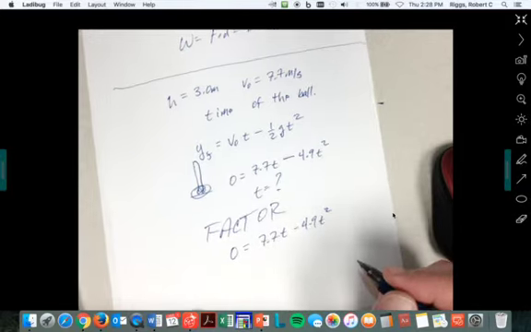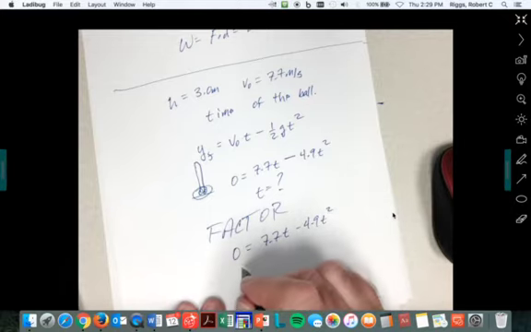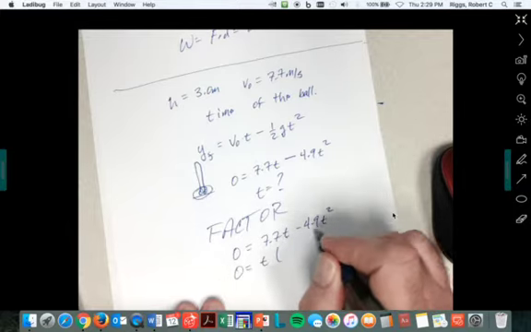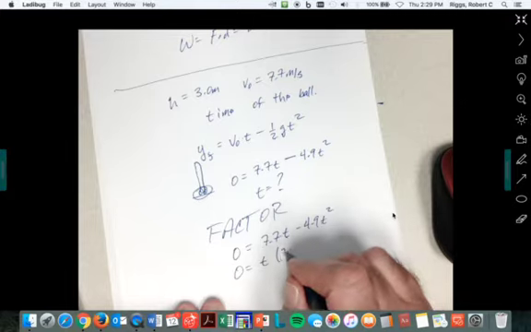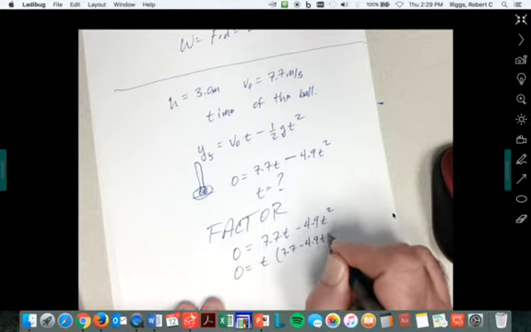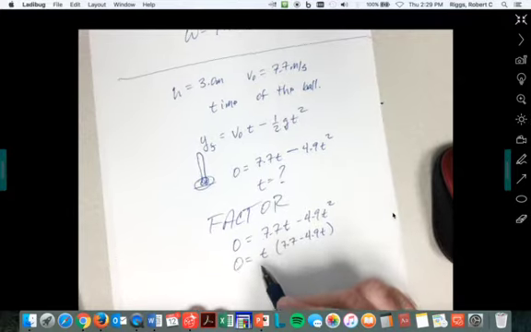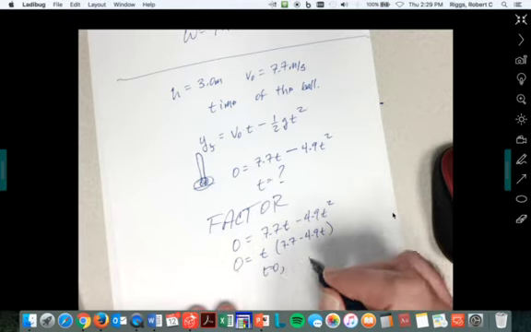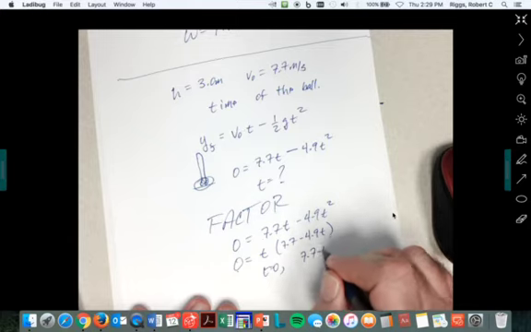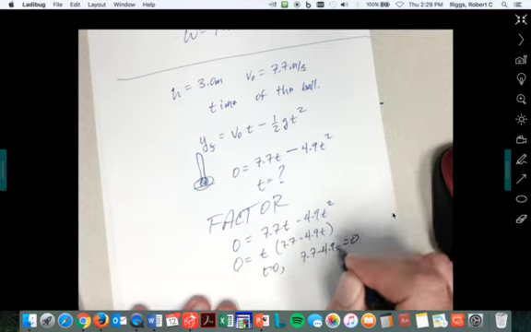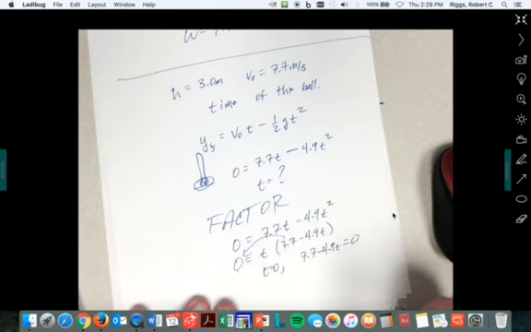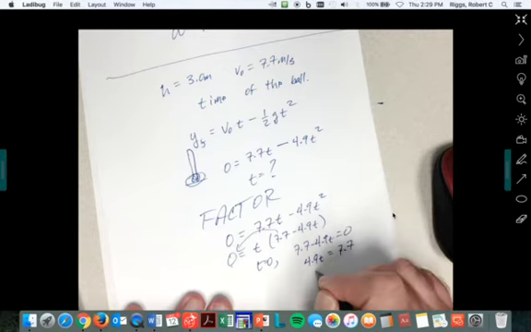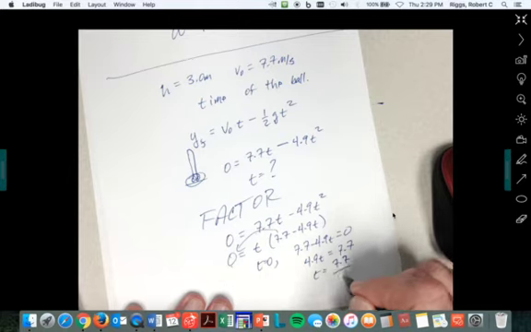Aha! We've got this. So let's factor a t out. So 0 is equal to t, I'll pull the t out of there and pull the t out of here, times 7.7 minus 4.9t, right? Well, when t equals 0, that's true. So that's one answer. Now, when 7.7 minus 4.9t is equal to 0, now we've got to solve that. So we've got 4.9t is equal to 7.7, and t is equal to 7.7 divided by 4.9,